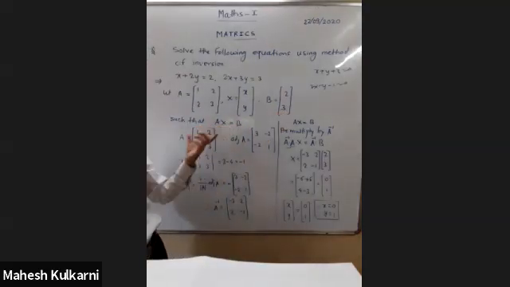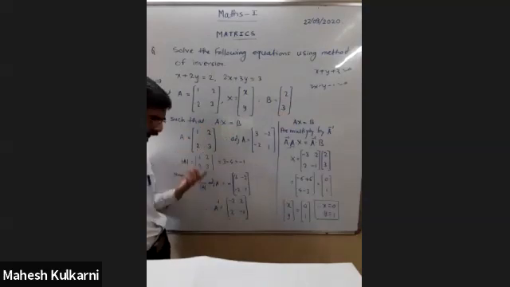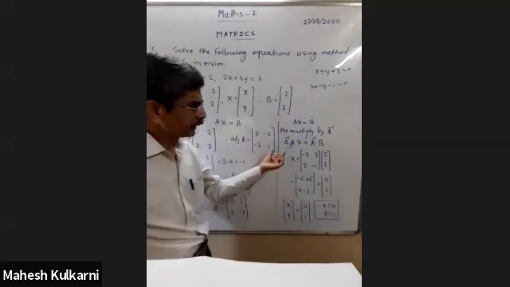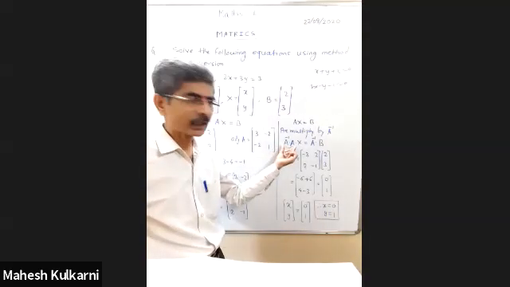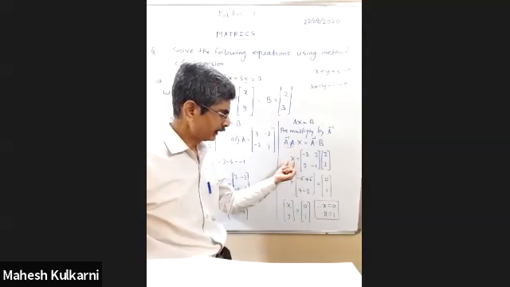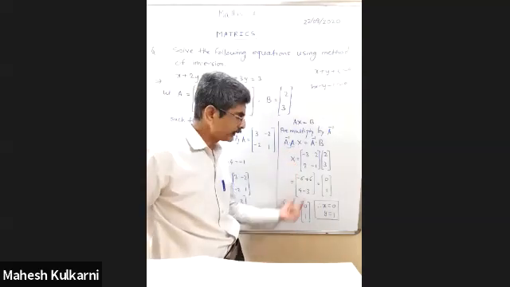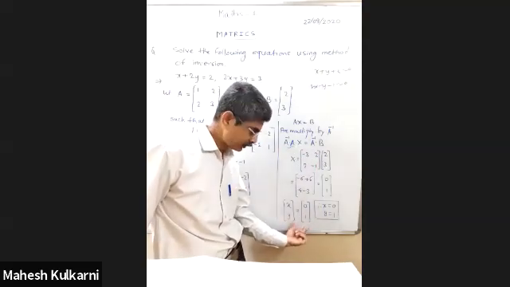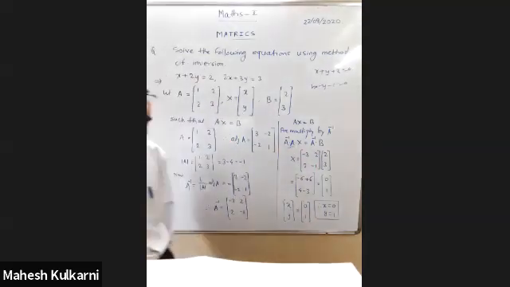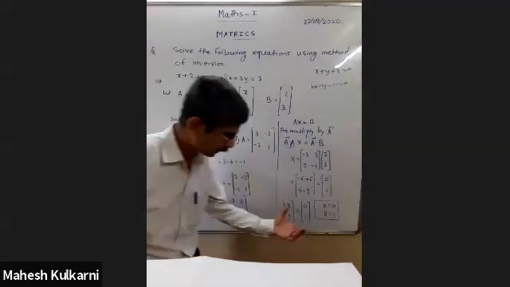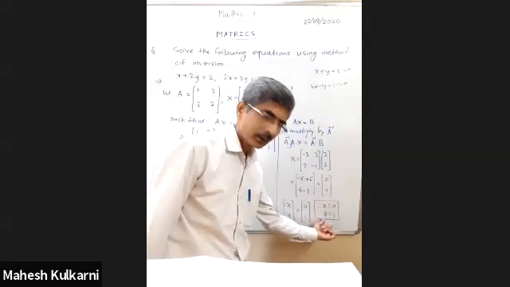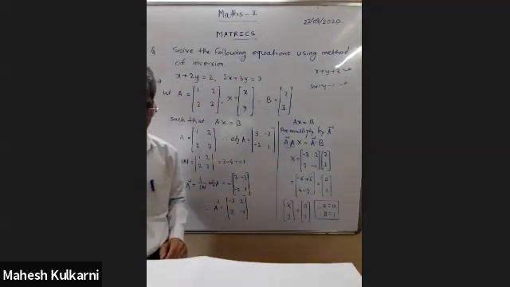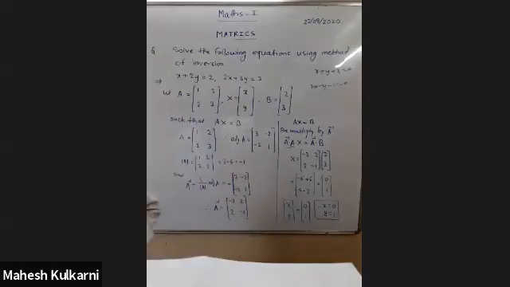This is the matrix equation, and then this part, finding the inverse by the adjoint method, and multiplying by A inverse: A into A inverse is I, I into X is X. What is X? It is a column matrix, and after multiplication we get a matrix on the right hand side. Equating, we find the solution, and you can cross check the answer by substituting the values in the equation. So note this down.